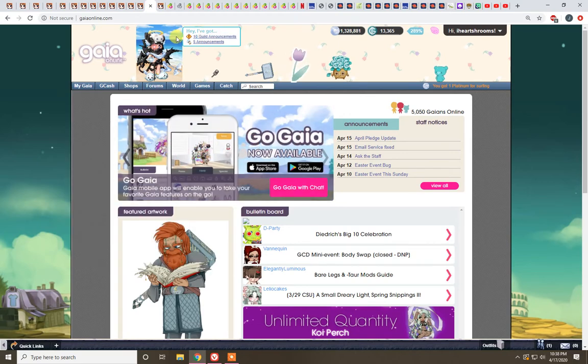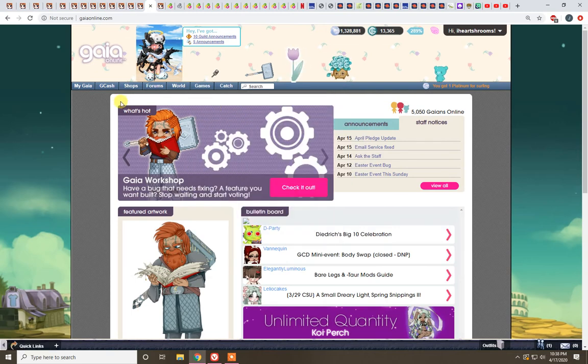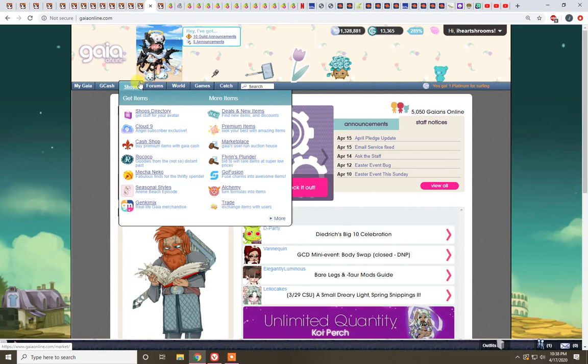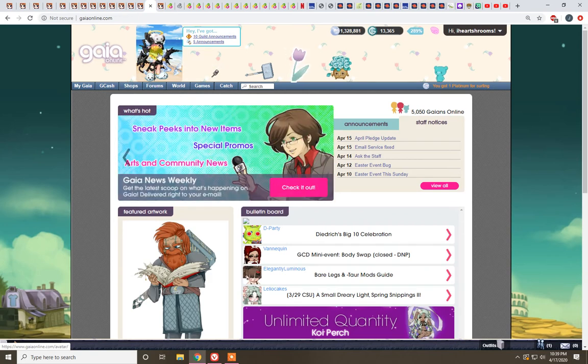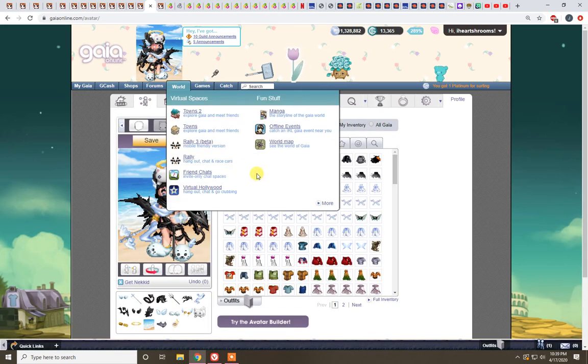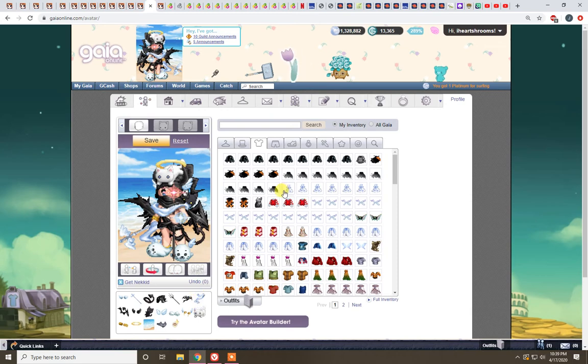Gaia Online is a website where you can dress up your avatar, play some games, or chat with other users online. The first thing I want to go over is your avatar creation. You dress up your little guy with all these different items you can get. Gaia Online uses an overlay of your avatar where you can equip different items, but you can only equip certain